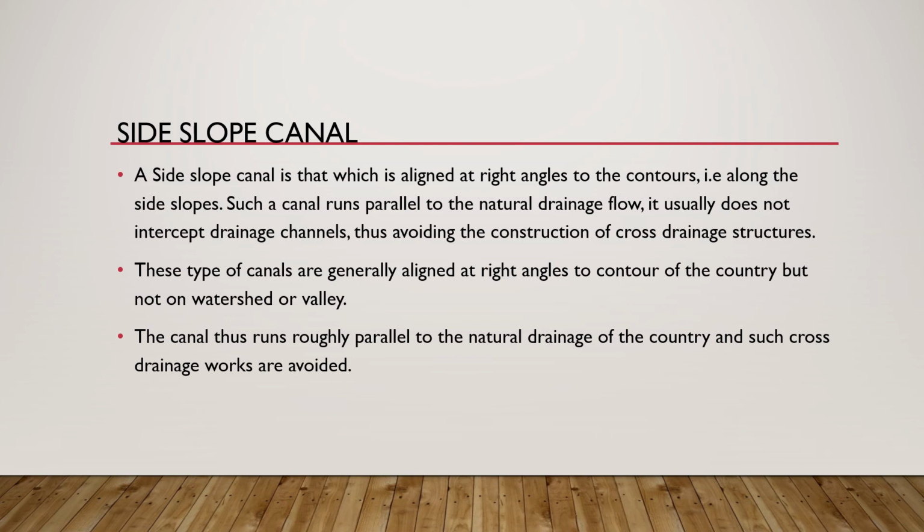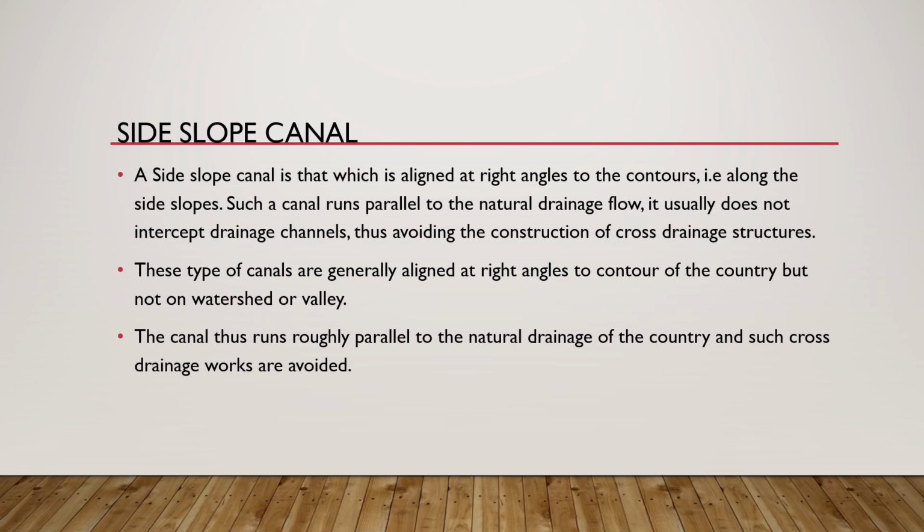Again, I am going to say what a cross drainage structure is. A cross drainage structure is one where the water flowing from the main canal is diverted through these cross drainage regulators, and it passes to a particular irrigating land. Okay, this is the use of cross drainage regulating structures. These types of structures are not useful in this side slope canal, and they are not provided for it.